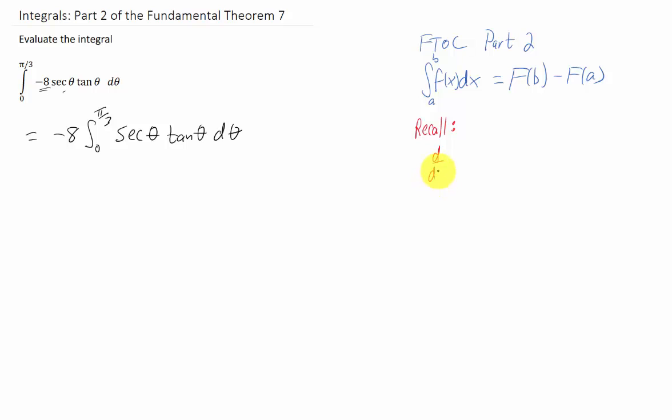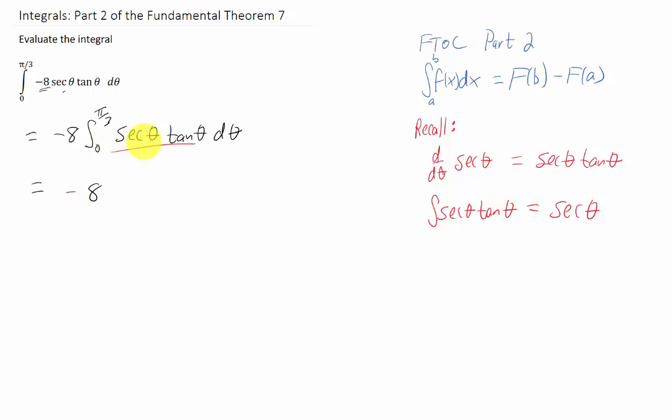If you think back to your days of derivatives, you'll recall that the derivative of secant theta is secant theta tangent theta. So if we want to integrate secant theta tangent theta, that integral is just the secant of theta. Again, integrals are just the opposite of derivatives, but we can use that integral right here. This -8 just sits there. The integral of secant tangent we just learned was secant theta, and we're going to evaluate that from 0 to